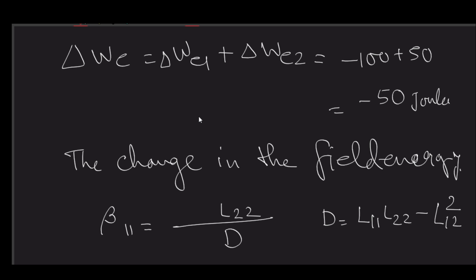If you put all these values, you will get beta 1 is equal to 2x plus 1 divided by 4x plus 3, right? And then beta 2 is